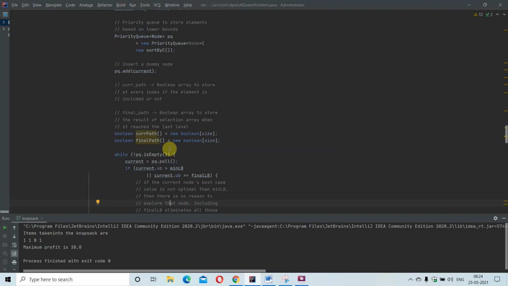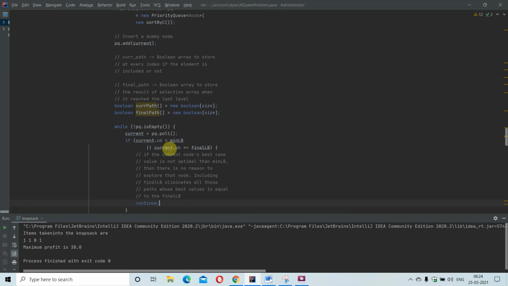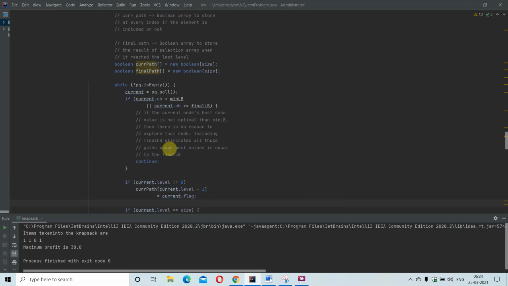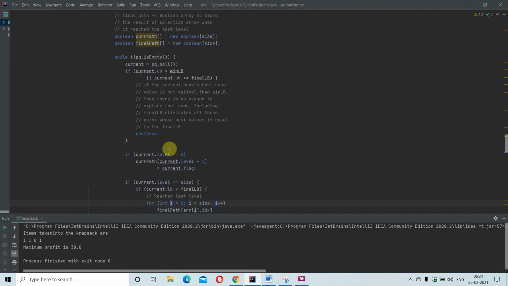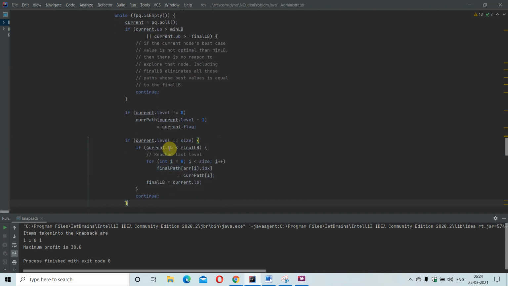A while condition is used and checks whether pq is empty. If it is not empty, current is equal to pq.poll. If current upper bound is greater than minimum lower bound, or current upper bound is greater than or equal to final lower bound, then the control should continue. If current.level is not equal to 0, current.level minus 1 is equal to current.flag. Now checking whether current.level is equal to size. If current lower bound is less than final lower bound, then we are going to iterate through each of the